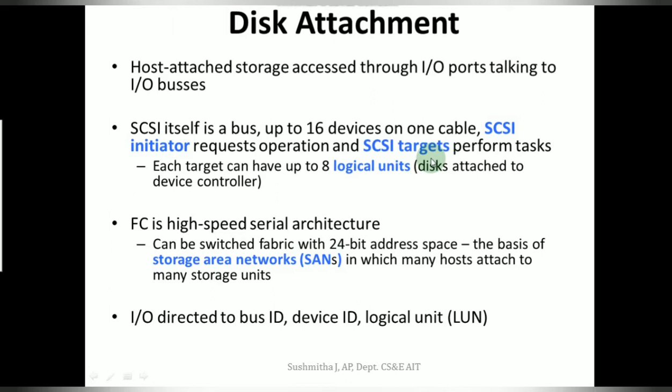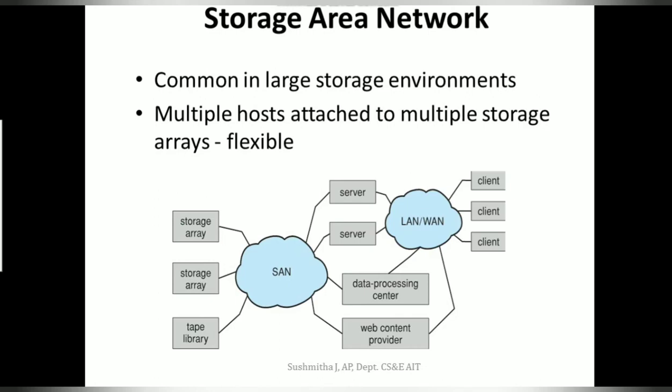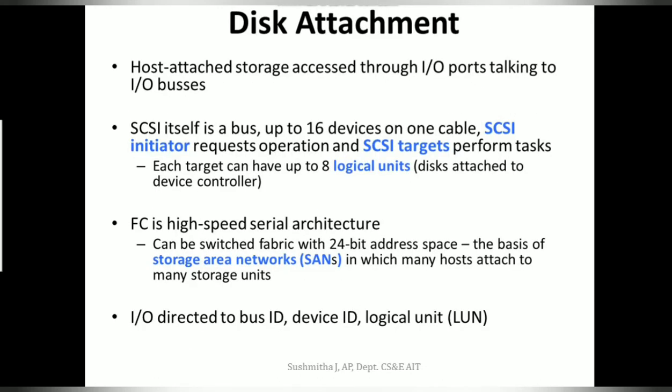And as I told you earlier, the other cabling technology that is currently in use today is FC, that is fiber channel, which is used on high-end workstations. The speed of the fiber channel is very, very high, and the addressing capacity it has is also very high. Now this is something that is done locally.